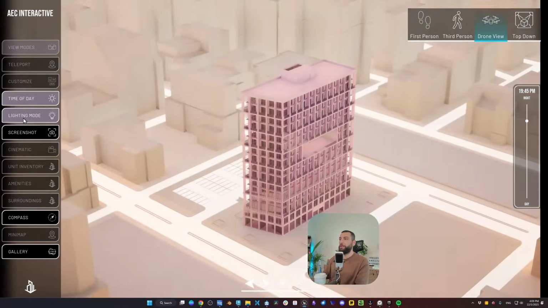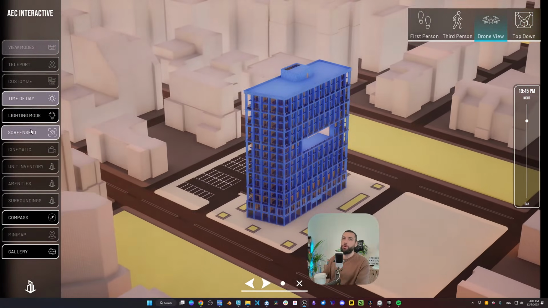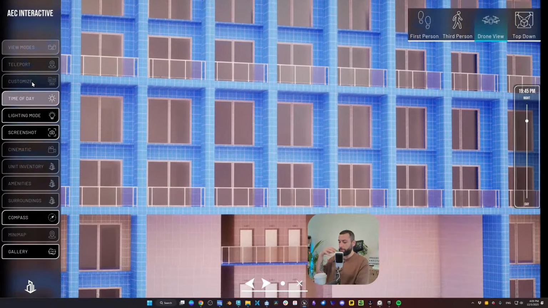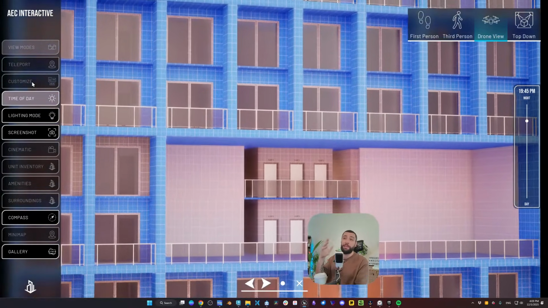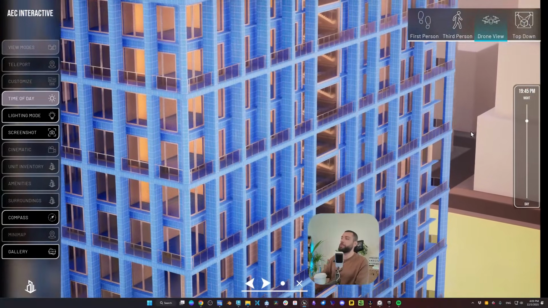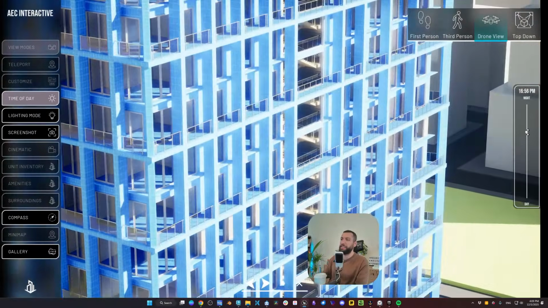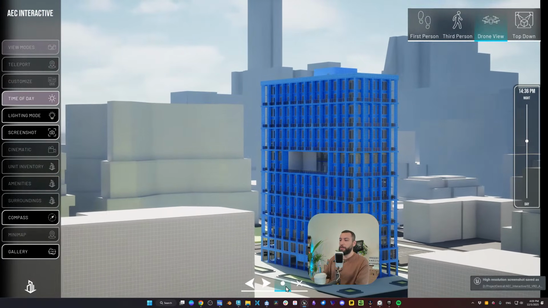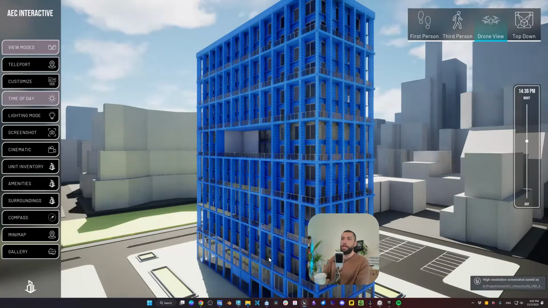And we can enable layering mode and so on. And in the future, I will enable some other modes, like the customization mode. It would be nice to customize aspects of the project in the cinematic mode and allow the ability to take screenshots. So that's regarding the cinematic mode.